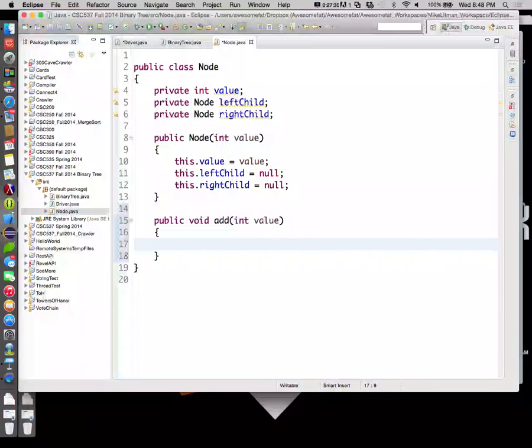Now, if I'm a node, I already know that I have a value, so this guy isn't overwriting me. What I'm really deciding as a node is which of my children is going to take care of this guy. So do we decide the left was going to be less than and the right's going to be greater than or equal to? Yeah. Okay. So if value is less than this dot value, so if the value that was just passed in is less than the value of this particular node, then that's the left child,